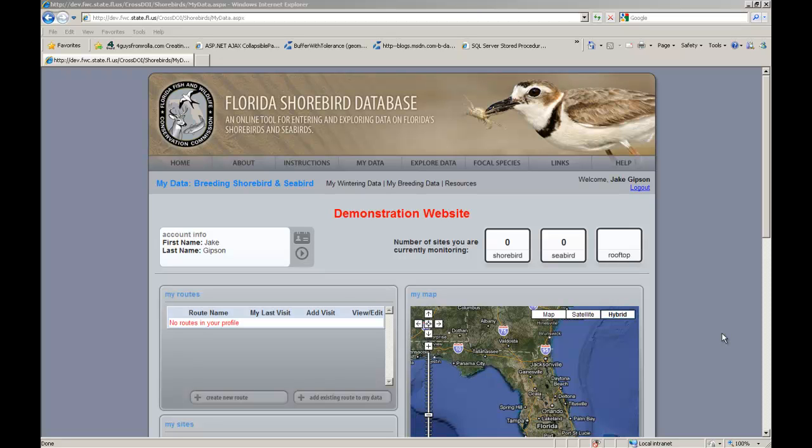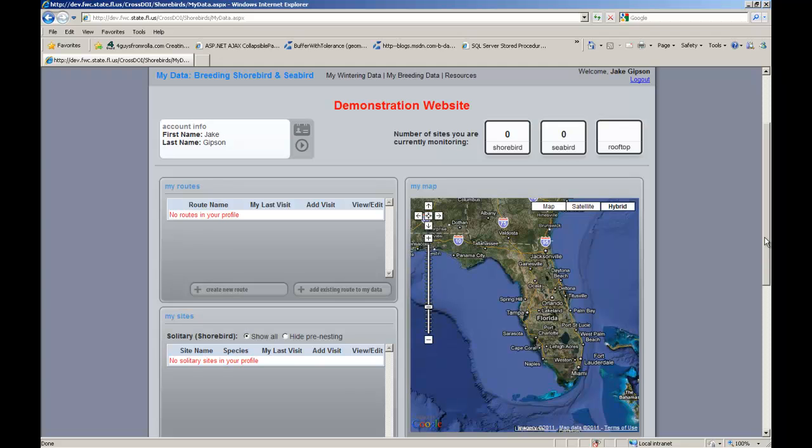Once you have found a new nesting site, you'll want to add it to your profile. If the site is not already in the Shorebird database, you'll need to add it. After logging in and going to your My Data page, if you scroll to the bottom left, you'll see a